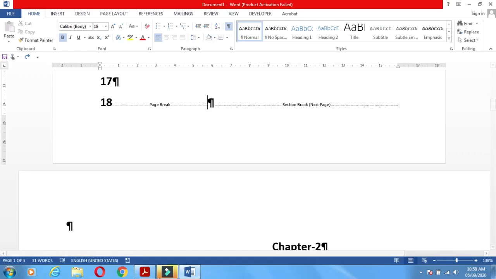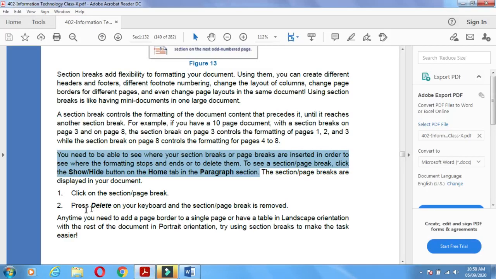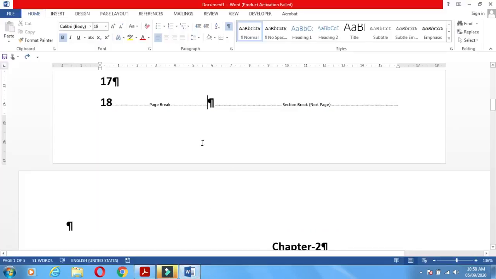Understand? Now next, what? Click on the section break and press delete on your keyboard, and the section break is removed. If you want to remove the page break and section break, you just click on that and press the delete button. What happens?